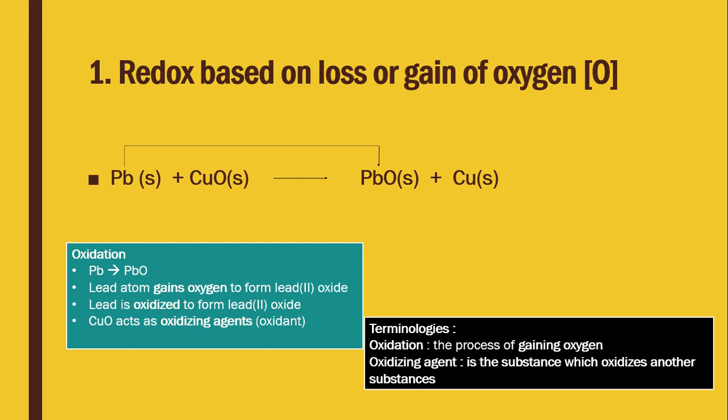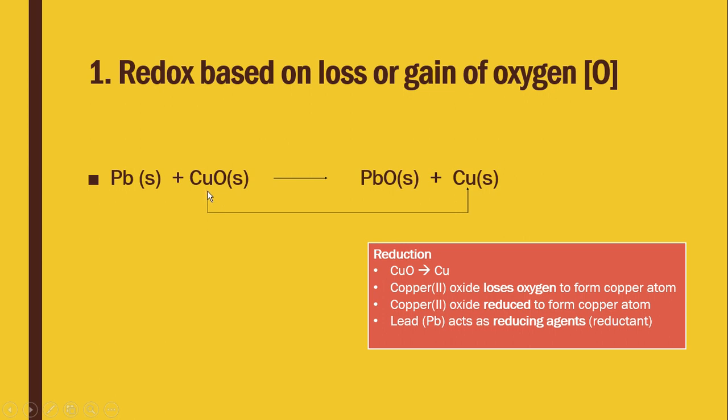Okay. So next, look at the second reactant, which is copper oxide. Initially it has an oxygen atom. After the reaction, after it reacts with Pb, it becomes copper metal. So its oxygen is gone, lost. Okay, here it is already shown. CuO becomes Cu. So we can say in other words, copper 2 oxide loses oxygen to form copper atom,